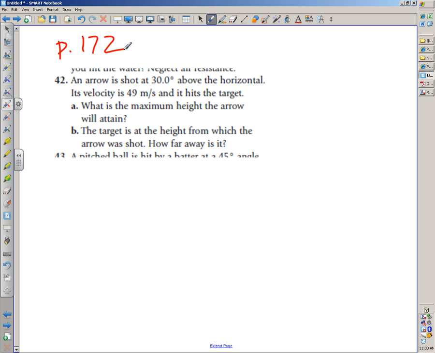This problem shows up on page 172. It's problem number 42. It says an arrow is shot 30 degrees above the horizontal. Its velocity is 49 meters per second and it hits the target. So two questions. A, what is the maximum height the arrow will attain? And B, the target is at the height from which the arrow was shot. How far away is it? So starting off, for part A,